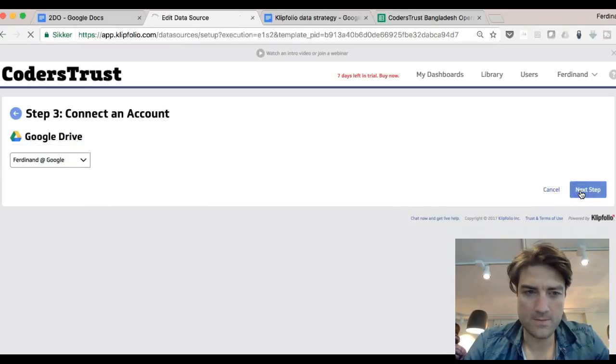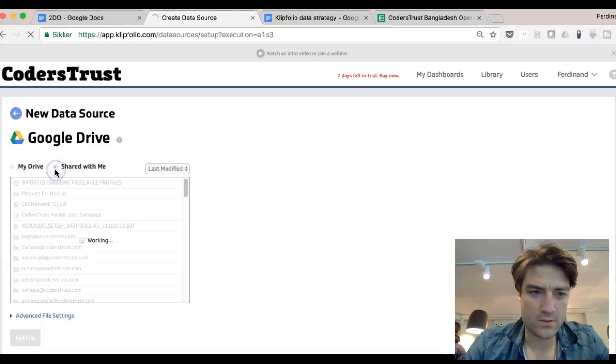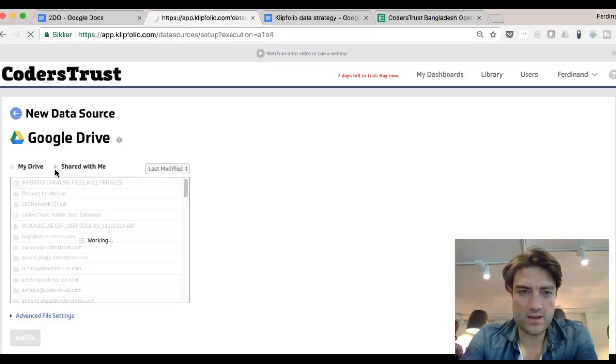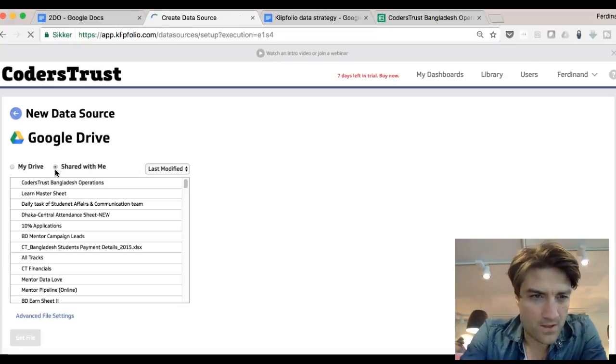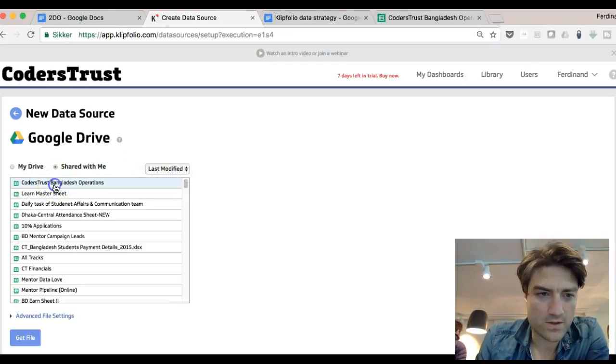So next step. From here I can see my drive, so that would be our main Google Drive, and then I can see shared with me. If I do that, then as you can see, here are all the sheets that are currently being used. I can filter them by last modified, alphabetical. As you can see, the Codasource panel level operation, that's the one that is being used. So let's say get file,